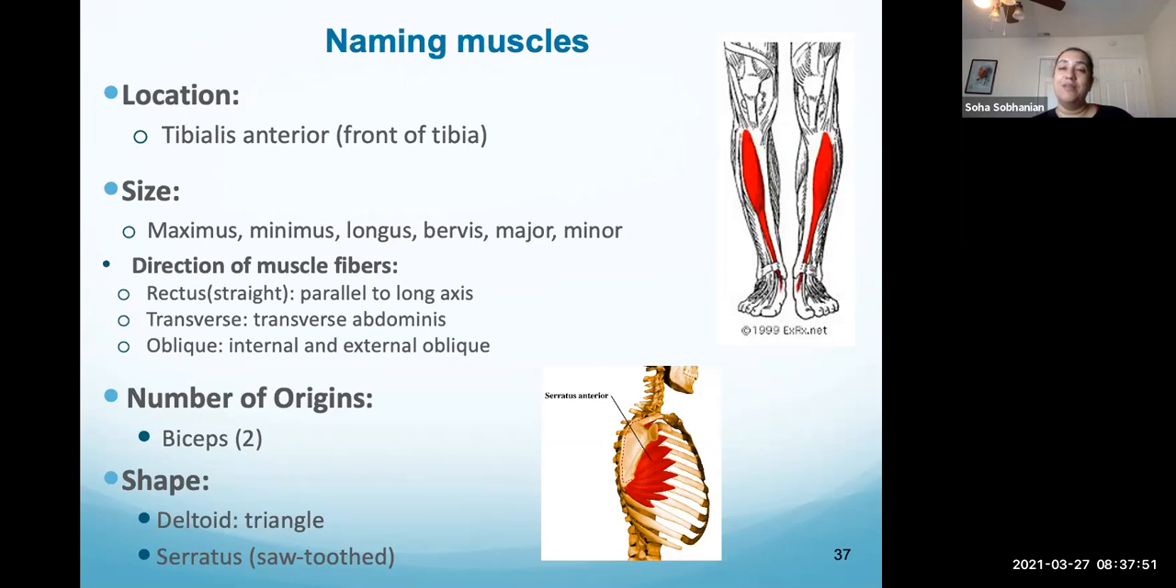Next one, direction of the muscle fibers. So what direction do they go? Are they going straight up and down? Are they vertical? Then they're called